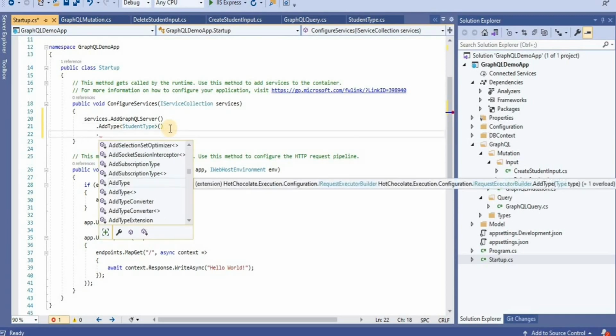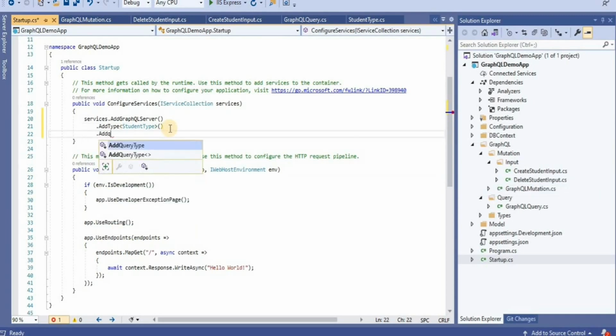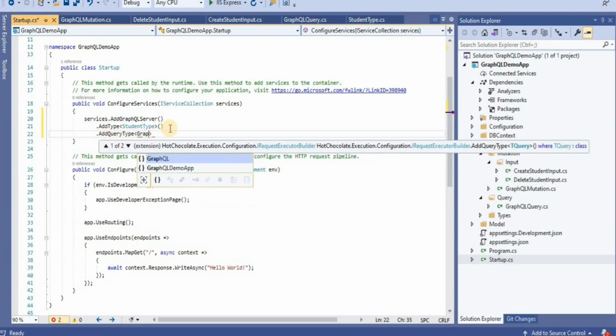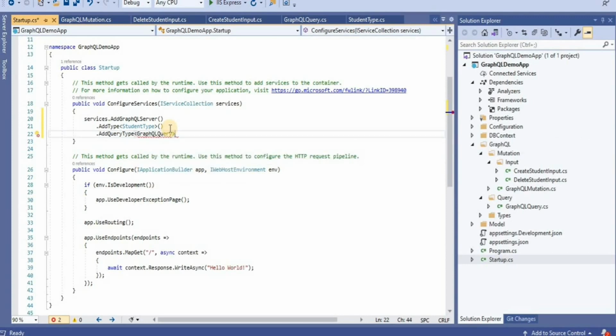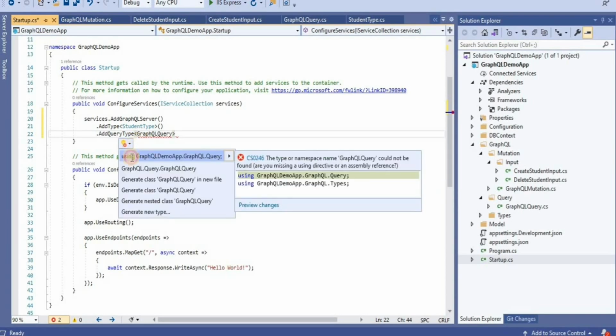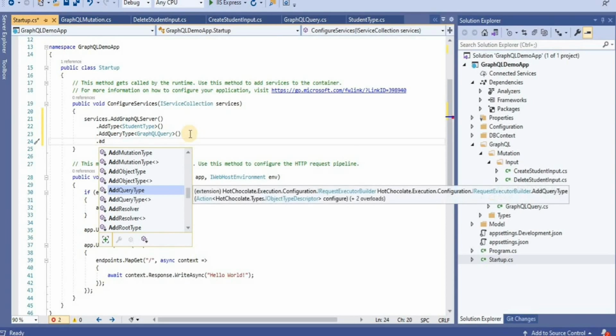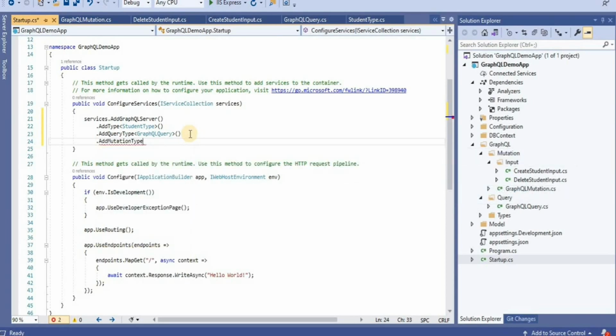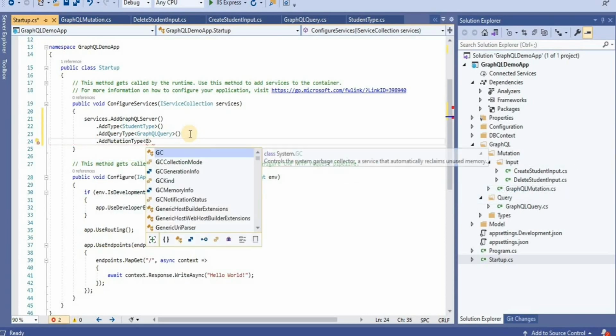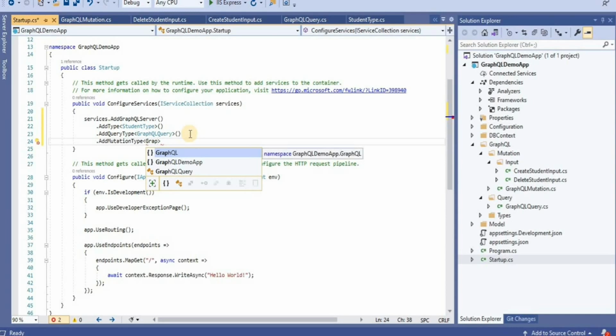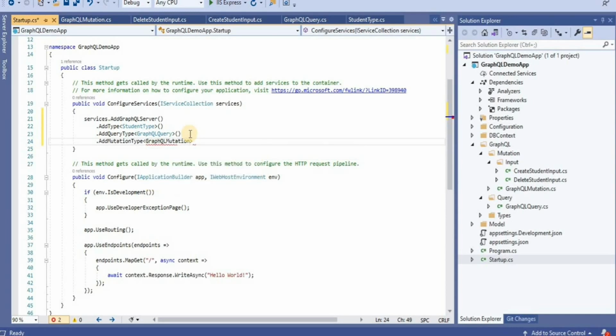Next, add query type, GraphQL query, this is in this namespace. Dot add mutation type, GraphQL mutations,